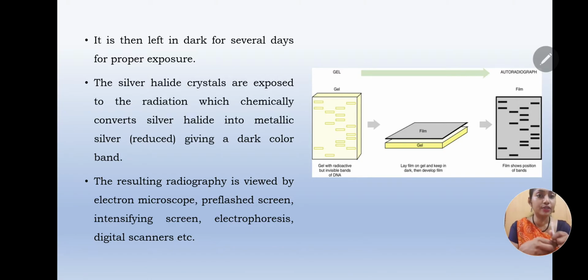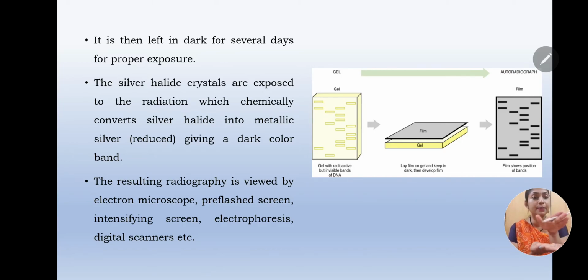The resulting radiography is viewed using an electron microscope, using pre-flashed screens. It is also viewed by using intensifying screens, through electrophoresis, and also through digital scanners. Digital scanners are the most widely used viewing technique for autoradiography. Here in the picture you can see that the gel which contains DNA, which is invisible and is tagged to radioisotopes,